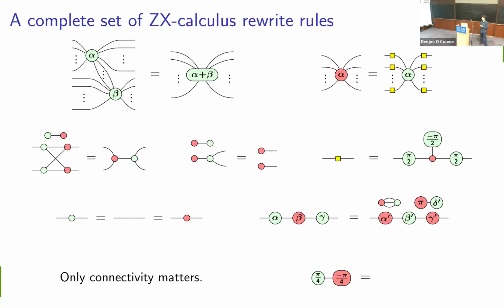So if you start out with a ZX diagram that's a direct translation of a quantum circuit, then the initial diagram will be very circuit-like. It'll be easy to see, yes, this came from a circuit. But after a few steps of rewrites, it's not necessarily obvious anymore how you can turn that into a quantum circuit, something that's really implementable on a quantum computer. So I guess that is information that, in a sense, might get lost.